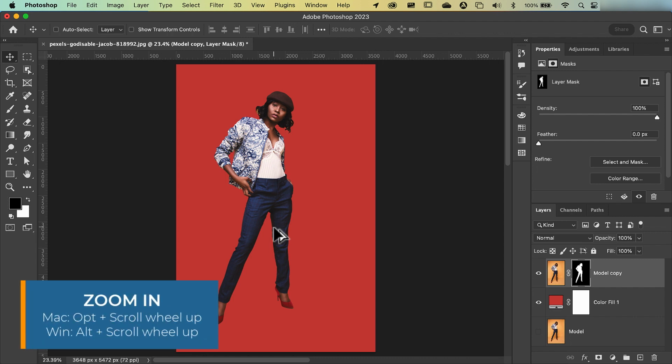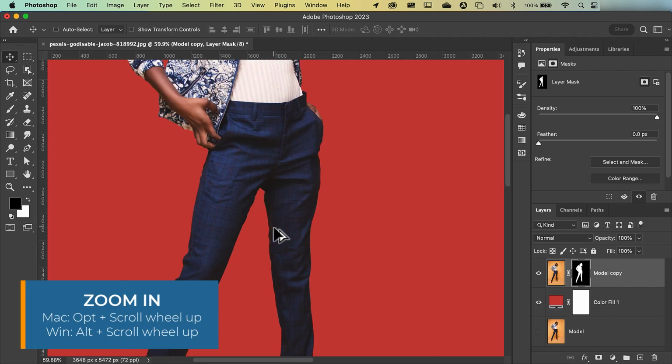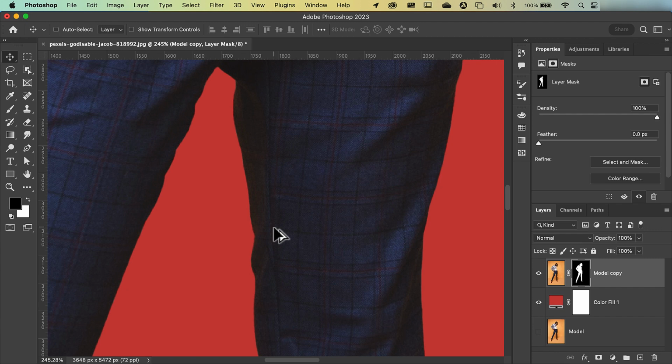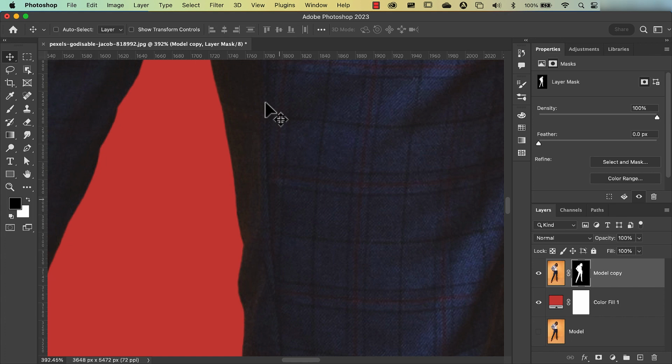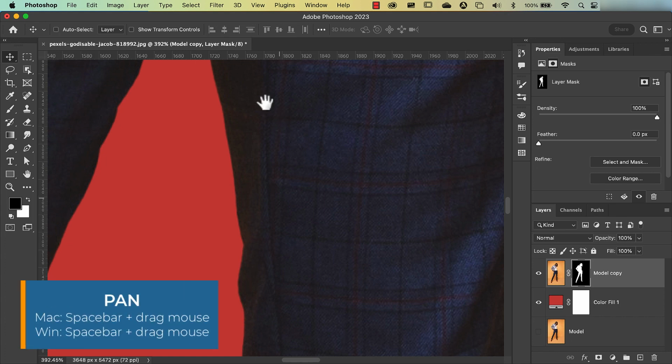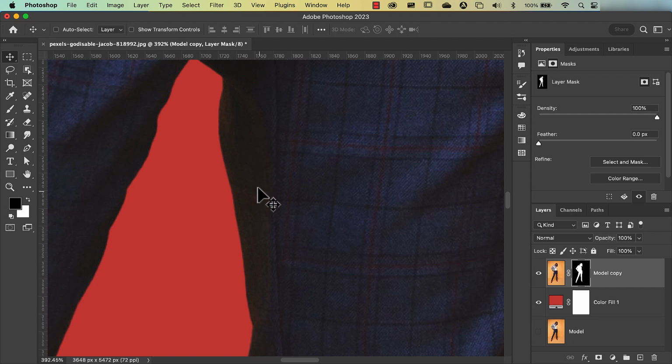So if I zoom in by pressing Option on my keyboard and scroll wheel mouse up, you can see that there's a bit of shading, yellow shading from the background. I'm going to pan up by pressing spacebar on my keyboard and dragging up. And you can see that there's a slight yellowish tinge here. So to fix that, we're going to color this bit in with the color of the rest of the trousers,